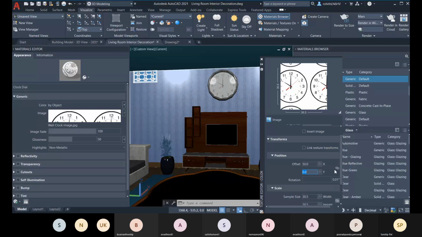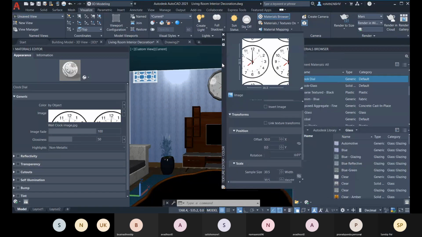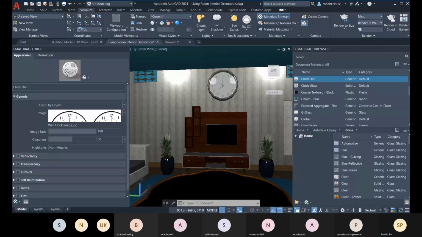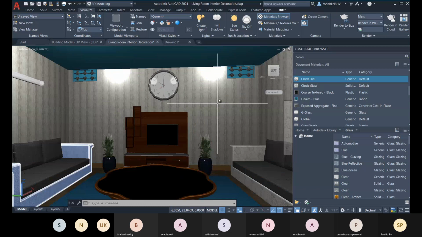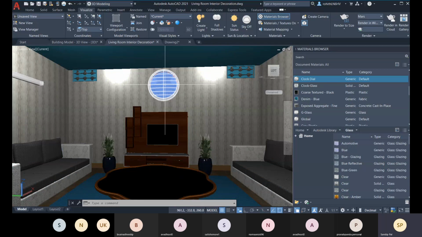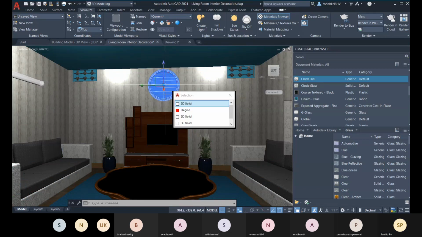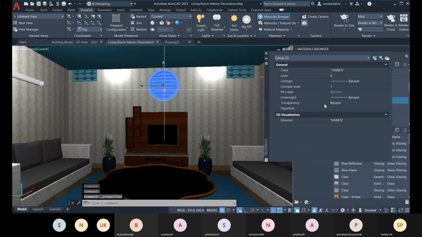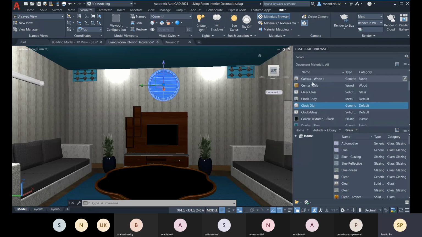So let me go with that, and let me click on it. This is the material right now. So this is right now a group. Okay, so I have to ungroup it.